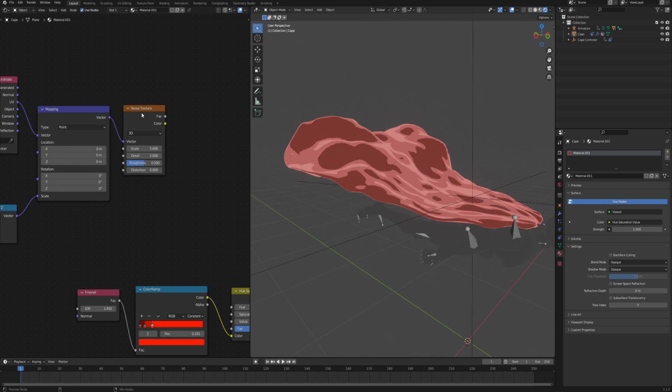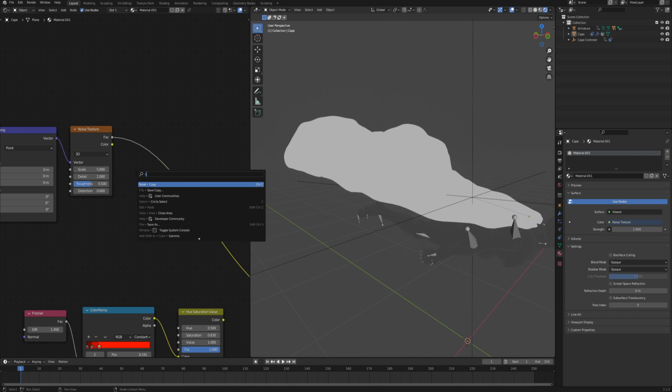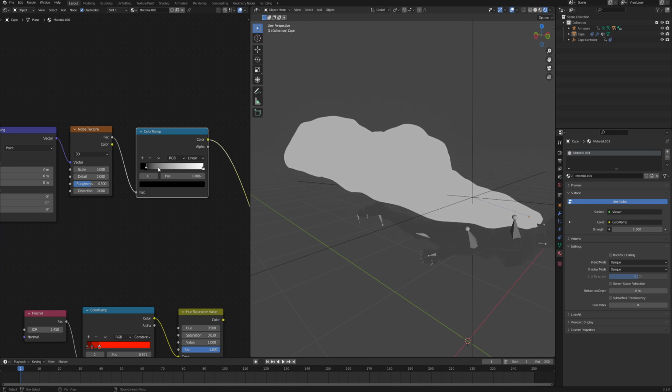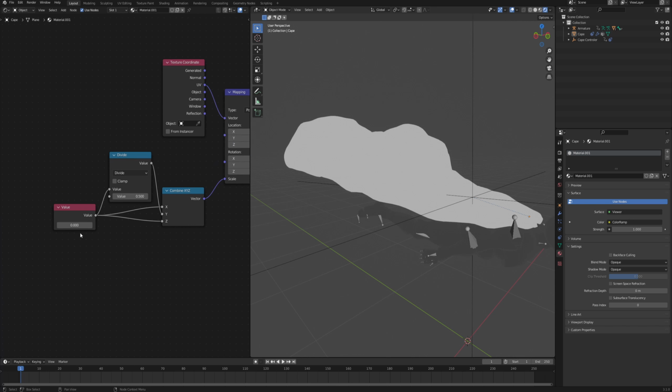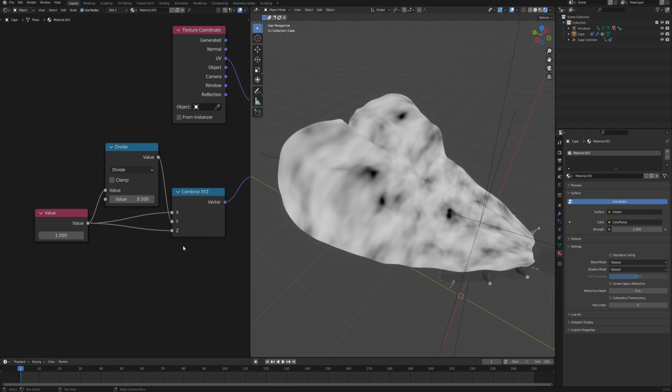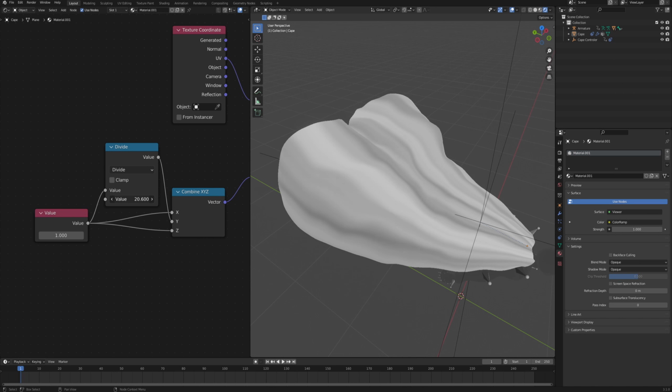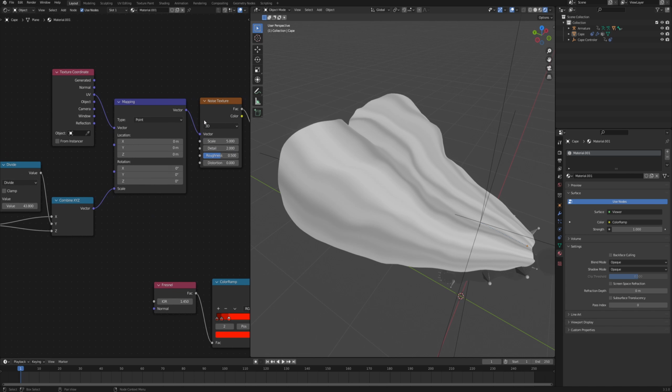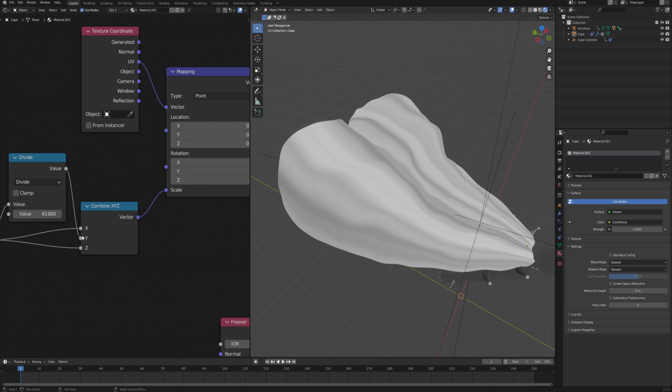Now as you preview the noise texture, we can also add a color ramp to have a little bit greater contrast. So with that previewed, you can see that nothing's there right now because this value here is 0. So let's put it to 1. And now as we increase the divide value, you can see that our texture is getting stretched more and more. And that is because we basically stretch the noise texture on the y-axis.